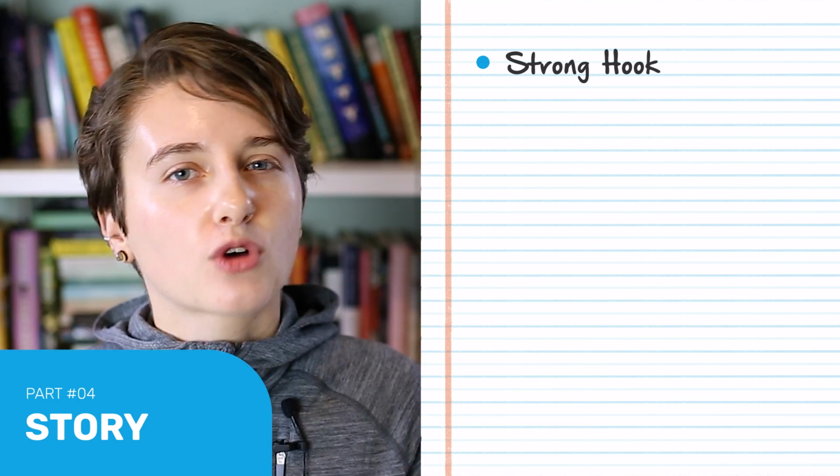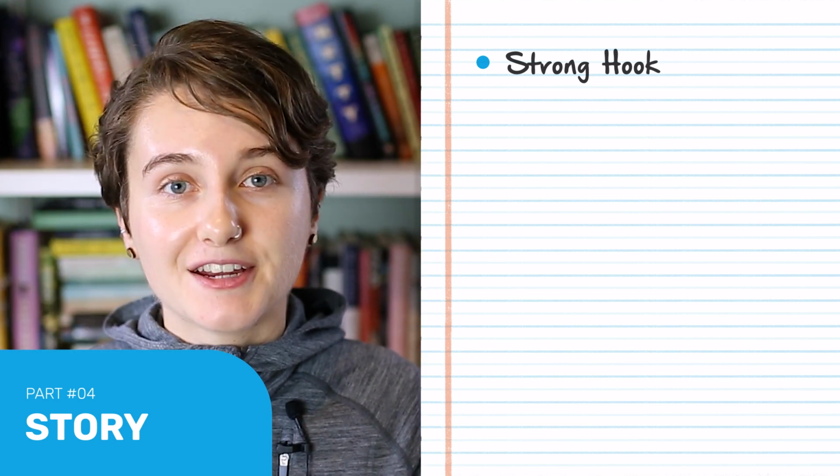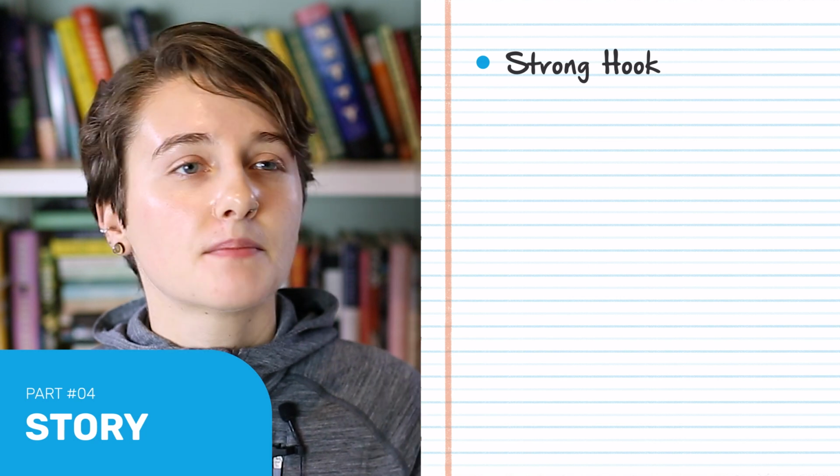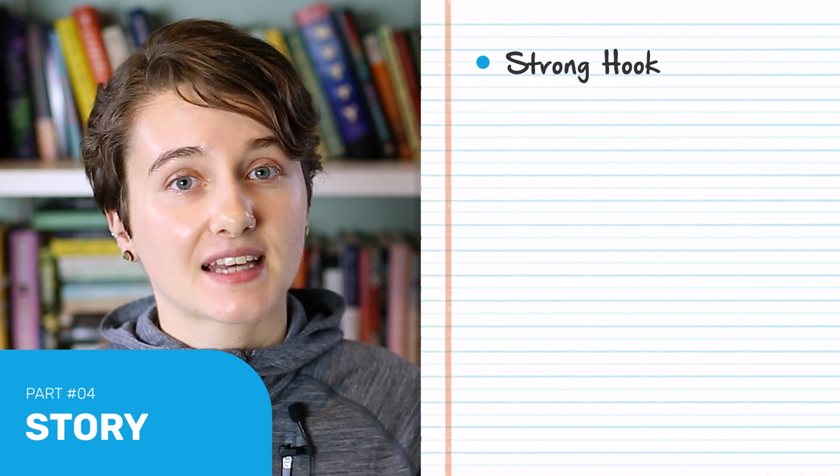What about from a story perspective? So things that are beyond just plot and structure, but in your story's construction itself. First of all, you want a strong hook. A reader will be drawn into the story because of some combination of compelling character, compelling situation, and compelling conflict, and ideally all three of these things. You don't need something groundbreaking or overly shocking.